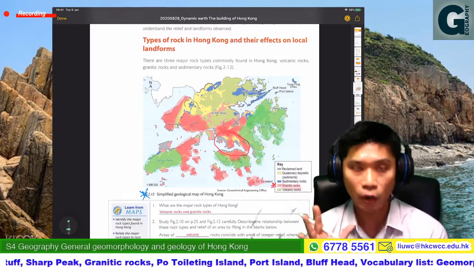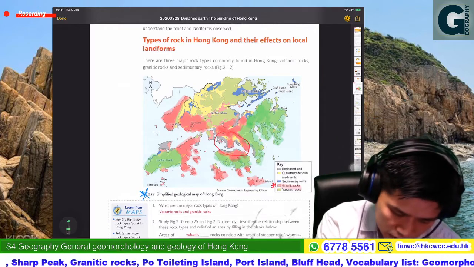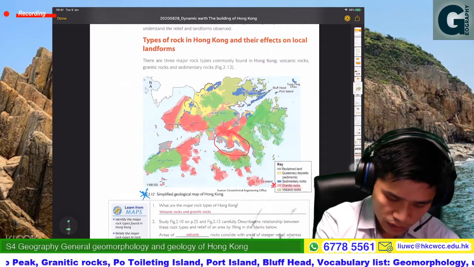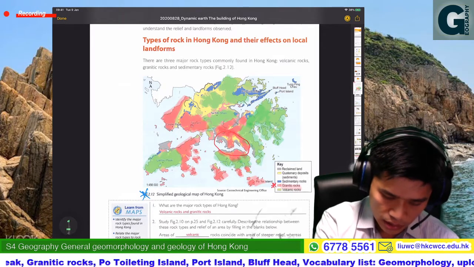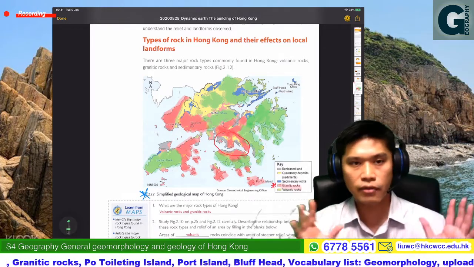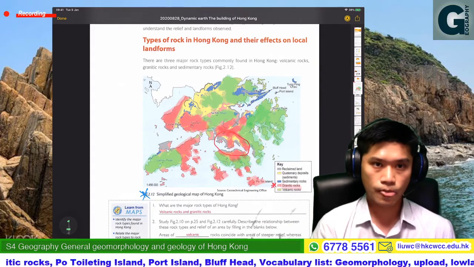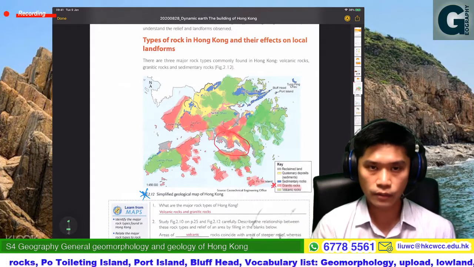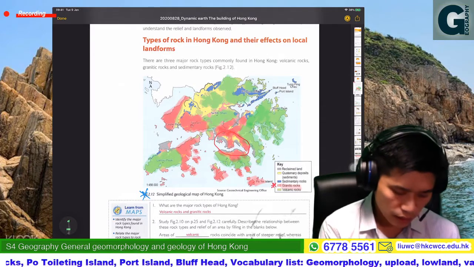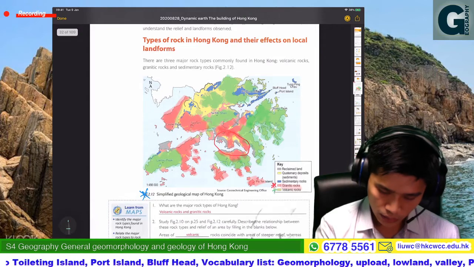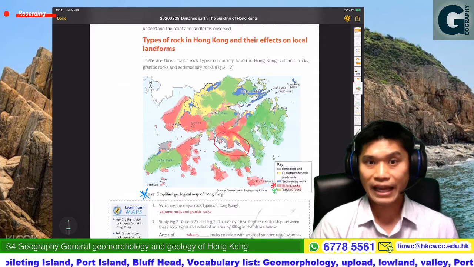That is Sai Kung. And then the central part of the New Territories, and then the northern part of the New Territories. Okay, so these are the volcanic rock。呢啲係以火山岩為主，係啦，記得係非常非常之重要嘅，一定要記得佢哋嗰個位置。